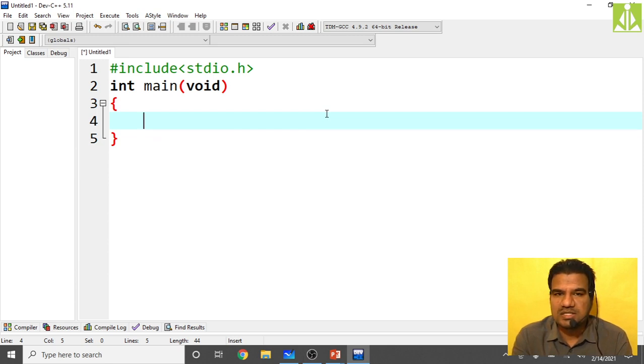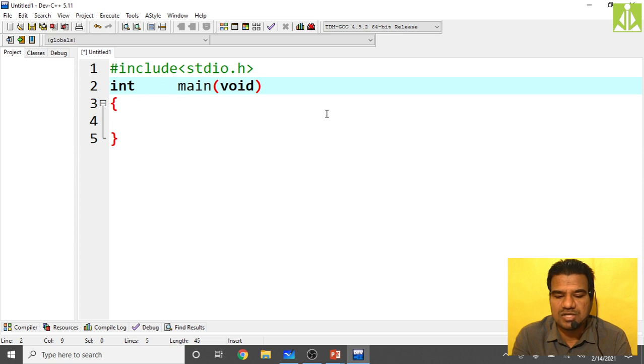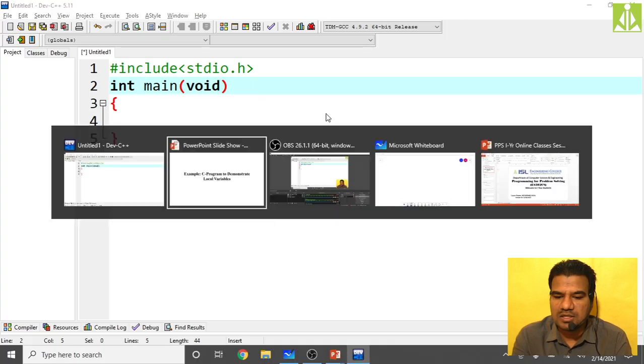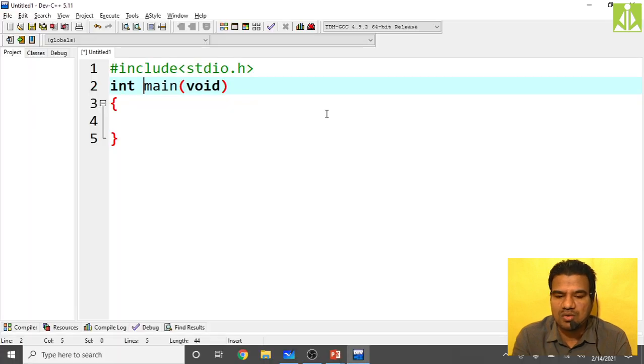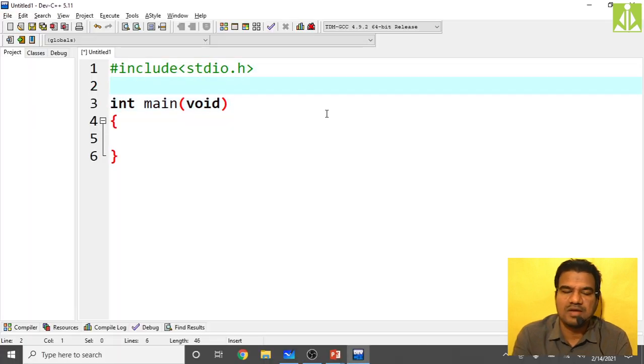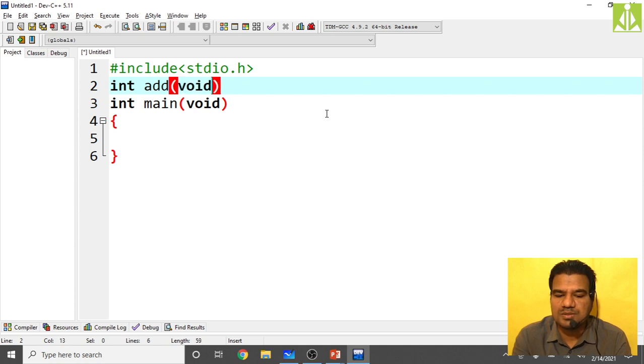Okay, so now we are discussing the concept of local variables. I said I'm going to use one function with the name add, the same function that we discussed over here. I will demonstrate with this one. The function return type is int, and the function parameter is void. So just go here, declaration we have to do in the global area. Function return type is int, function name is add, and we don't have any parameters, so void. Output is int, input is closed, void.